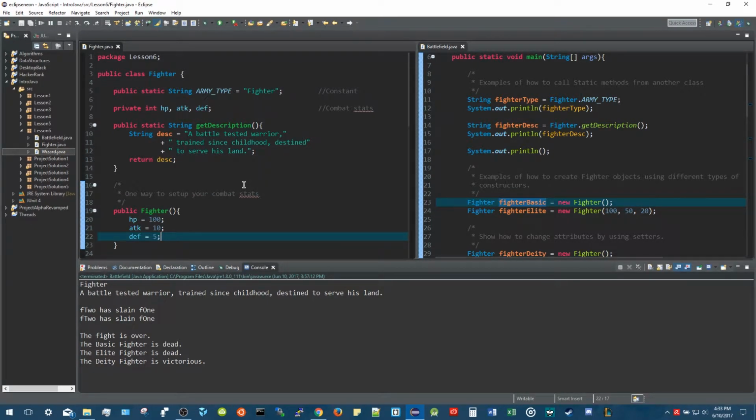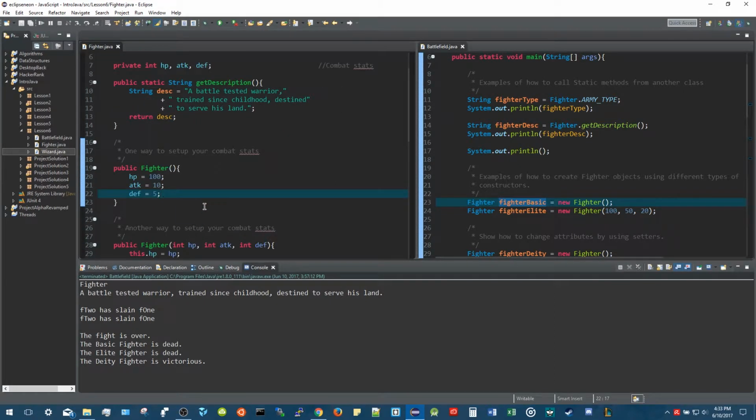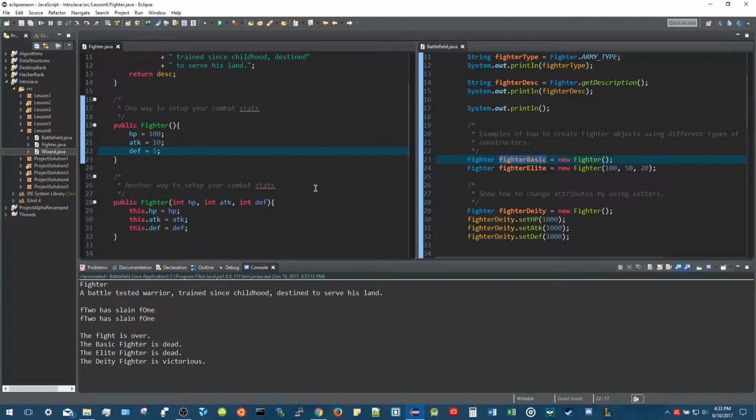Again, this is a really simple basic example of this type of game, if you want to call it that. So this is one way to build your fighter class with these attributes. Now there's another way you can build your attributes. Let's say you don't want every fighter to have the same stats. Instead, you want to create a fighter with different stats for each fighter that you create. Then you can use the method overloading that we explained last time, right? You can have these parameters, and Java knows which constructor you want to call based on how many parameters you